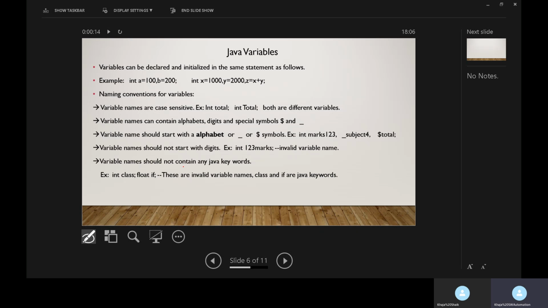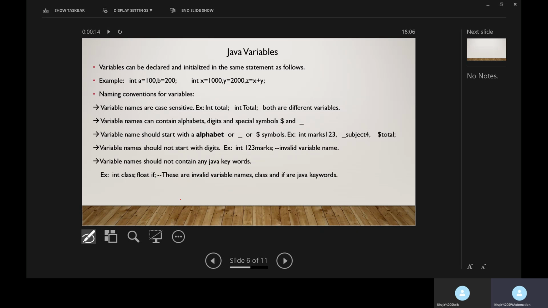Variable names should not contain any Java keywords. Java keywords in the sense, here in Java programming language, we have some reserved words or keywords like int, float, char, boolean, class, interface, package, import, if, else, while, do, for, case, switch.